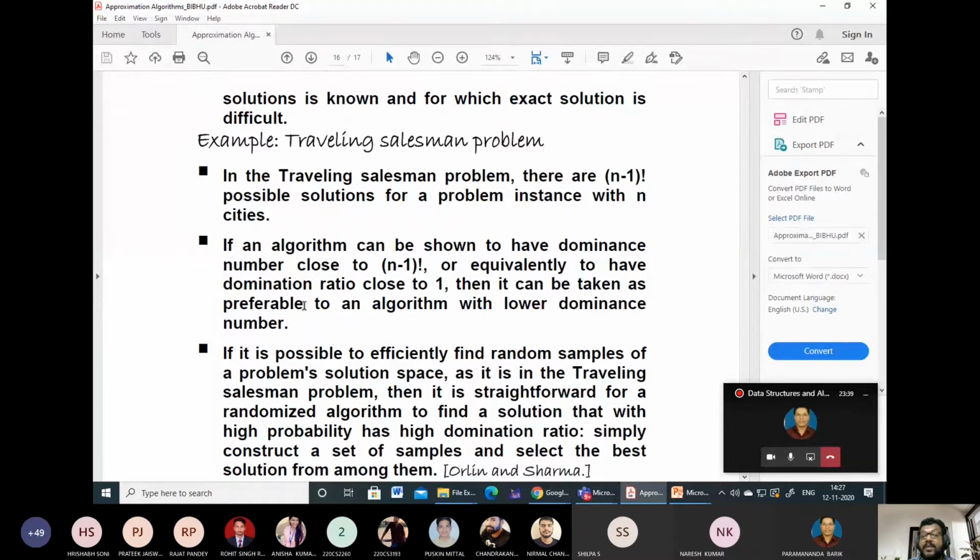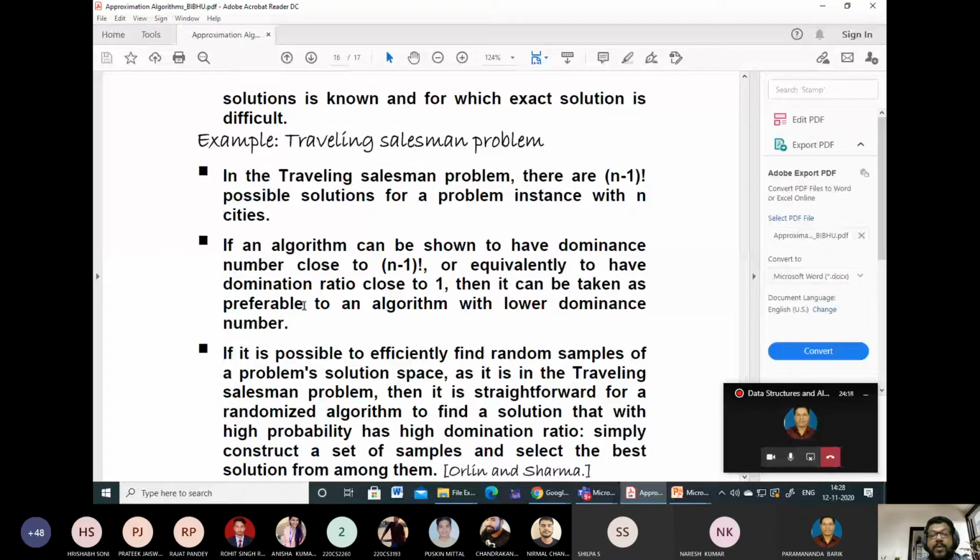So the size of the solution space is known, that is (n minus 1) factorial. Now that it is known, you try to find the ratio. Suppose the approximation algorithm computes and returns a solution. Suppose there are two approximation algorithms and both return the same solution. Or you have four different algorithms, and three return one solution and one returns another, because there are a number of solutions.